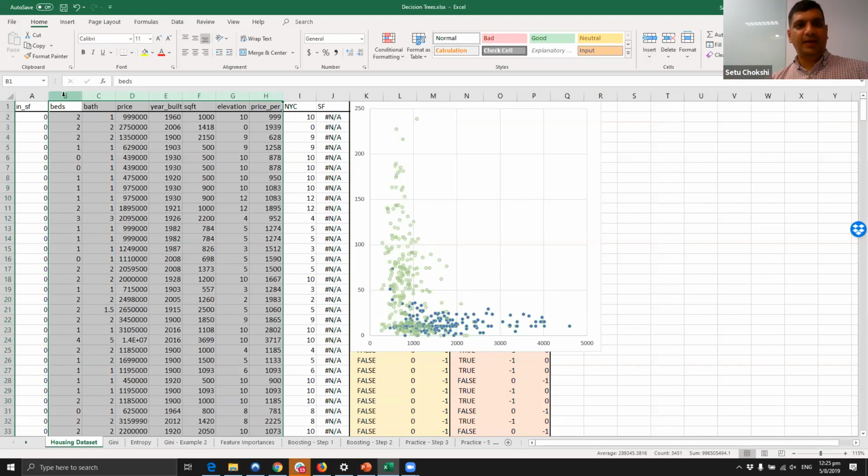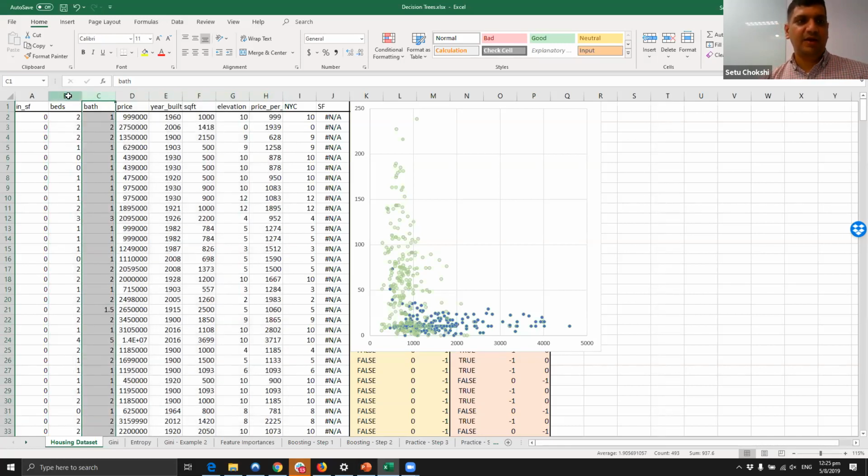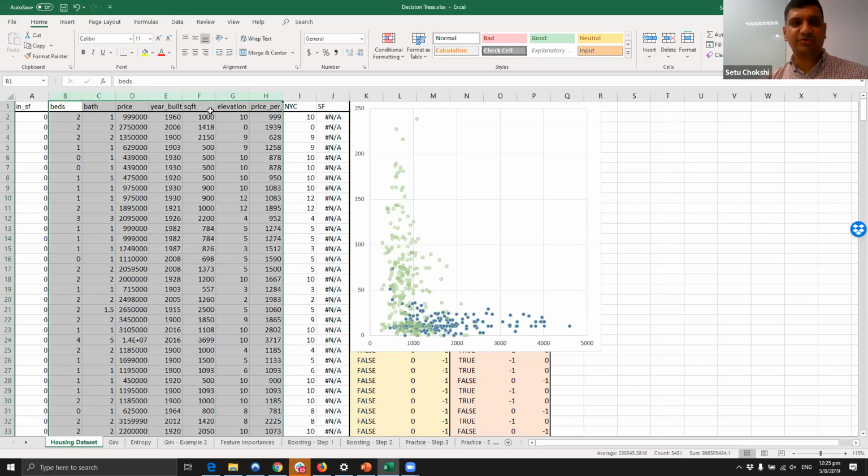Let me repeat. I will do 128 splits, for example, and calculate my Gini for each of these features. For each feature among the 128, I'm going to pick the one that gives me the lowest Gini value. So for these 7 attributes or variables that I have, each one will have its own lowest Gini or entropy score. Among these 7, I'm going to pick the one that gives me the lowest Gini score. So that's one way of looking at it. Is this clear or should I repeat?